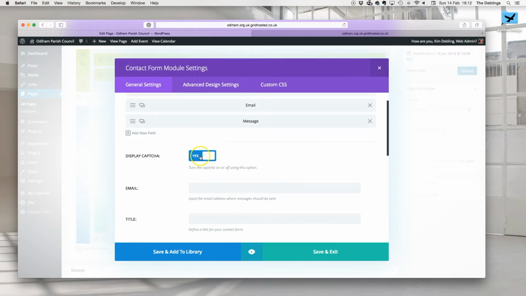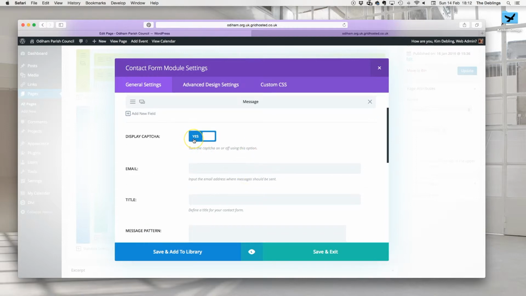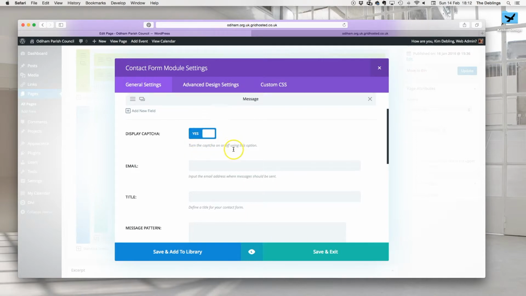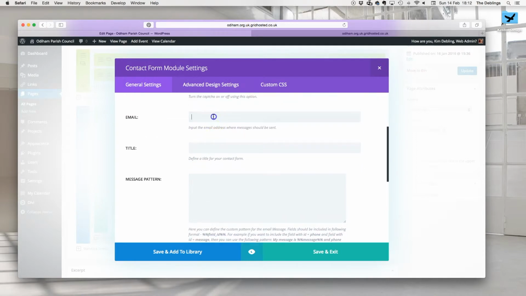You can add a capture, but I tend not to because it doesn't look very good. It's not using Google Capture, it's just using a sort of human type capture. In fact, I'm going to put this on and I'm going to show you. And then this is important. Where do you want the form to go once it's been filled in? This just puts something at the top. So if we put title, and if we put a temporary email address in there,